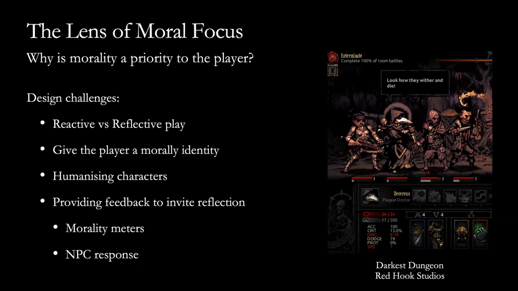The way that Darkest Dungeon invites this is by giving those characters a little bit more personality. When you're interacting with them in the game, they produce commentary on your choices, and they get afraid and unwilling to do what you want them to do and other things. So they have a more independent identity from you as a player, rather than just being units that you push around on the board. With that sense that they have a reality of their own, and that my choices have an effect on their lives, I then have some sort of moral responsibility to look after them.